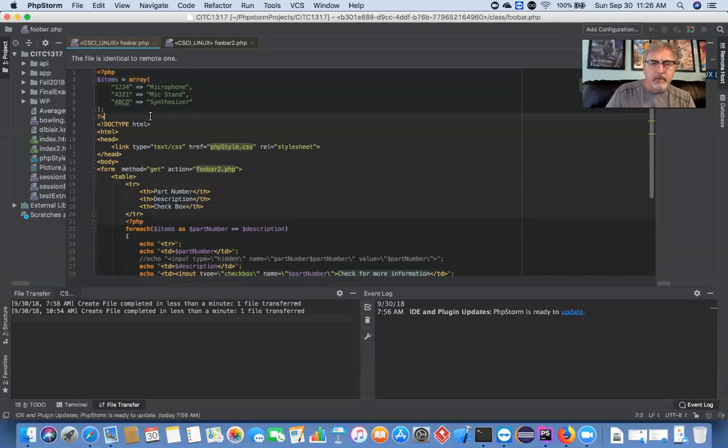It's called items, and there's a keyword array with open and closed parentheses and a semicolon at the end. This could all be one big long line, but it's a little bit more user-friendly if I format it in this fashion. This is called an associative array, and here we don't use indexes. If I were running PHP as just a server script without a browser, in other words, without the web server,